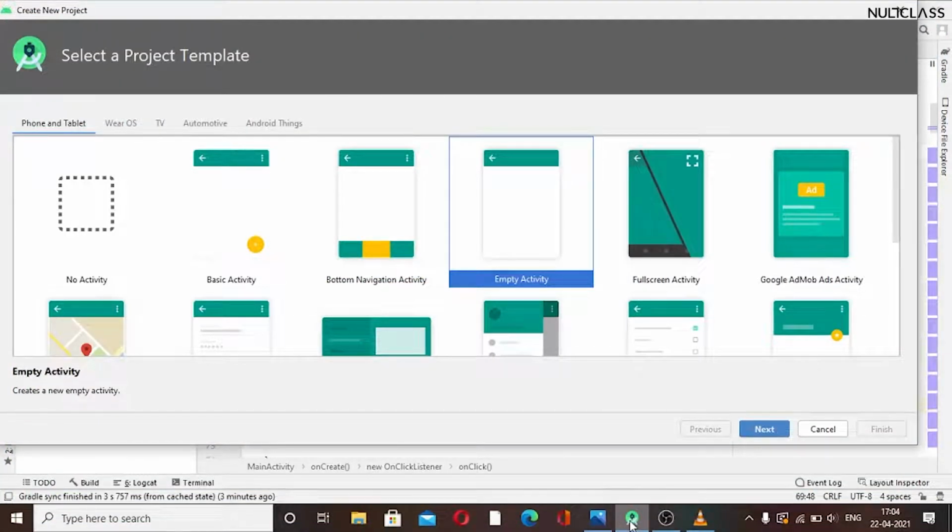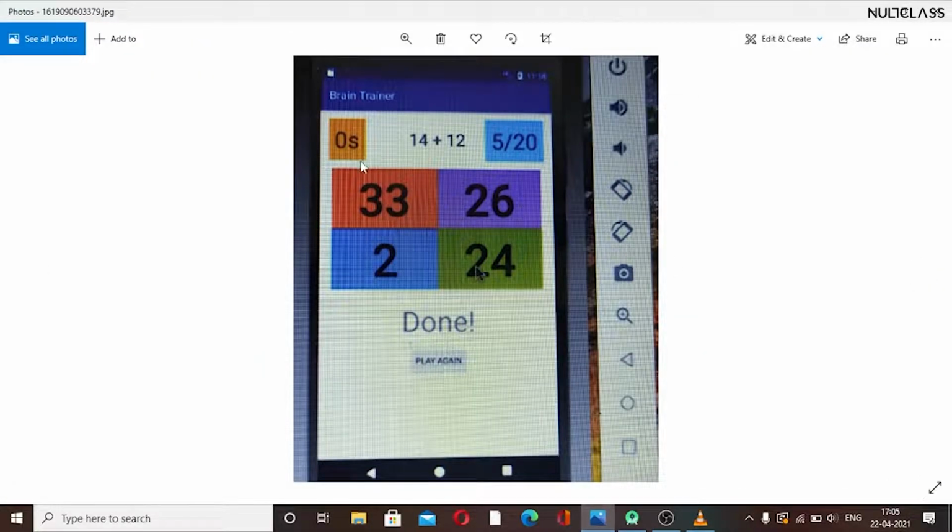So in this course this time we will be creating an app which we will call Brain Timer. So what's the idea of the app? We will have an app which will ask mathematical questions like simple additions, multiplications or something like that, and we will create four options like buttons, and we have to select one of them, and we have a limited time for that. Like I will show you an idea, something like this. We have to create this app.